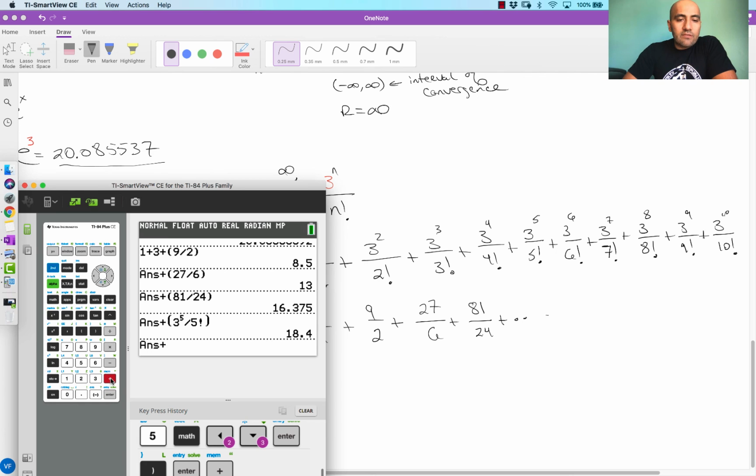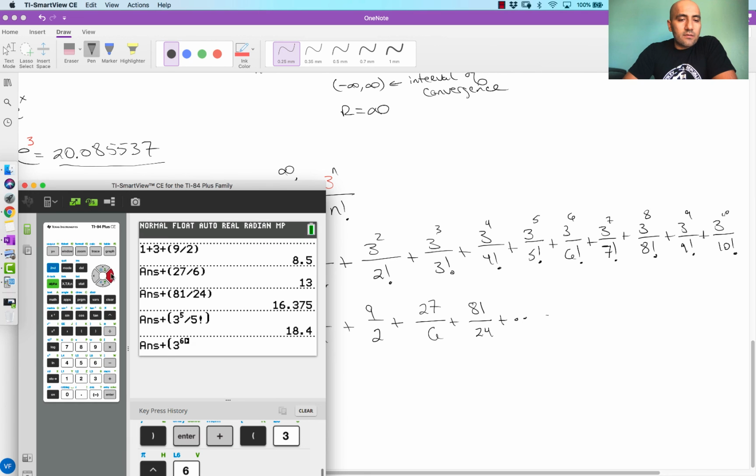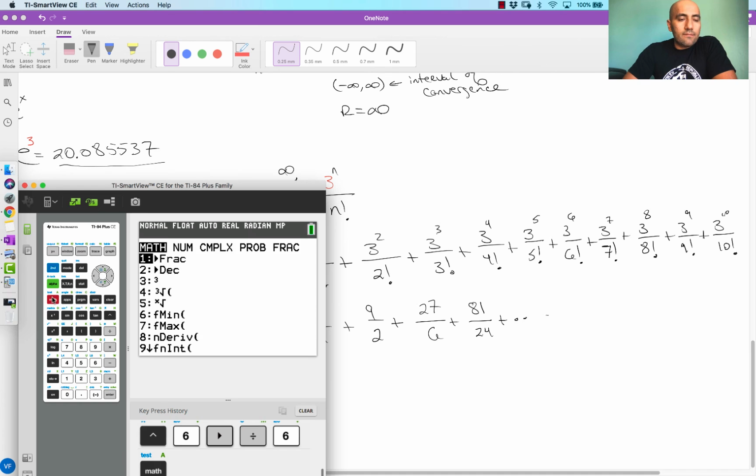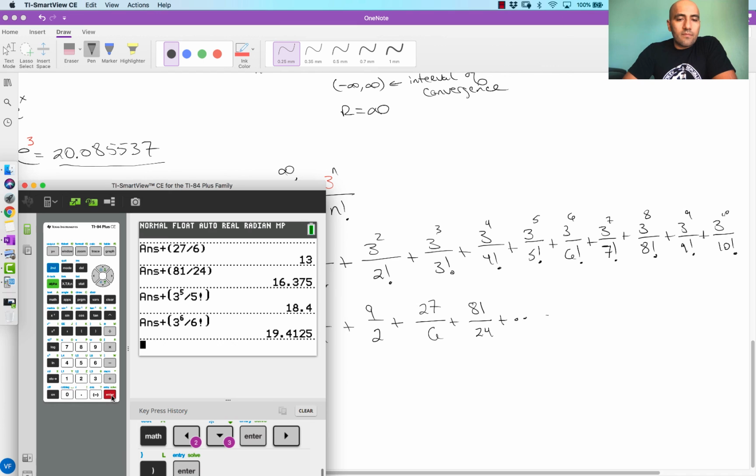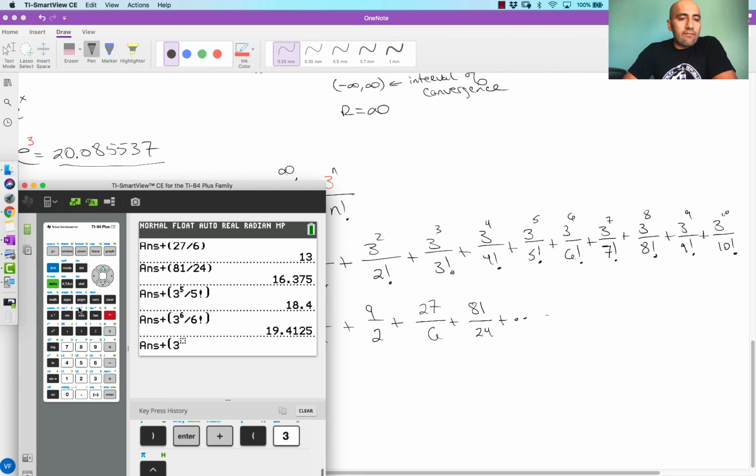And then the previous value, now we're going to do parentheses 3 to the power of 6 divided by 6 factorial. And we get 19.41. And the previous value plus, and now we're going to do 3 to the power of 7